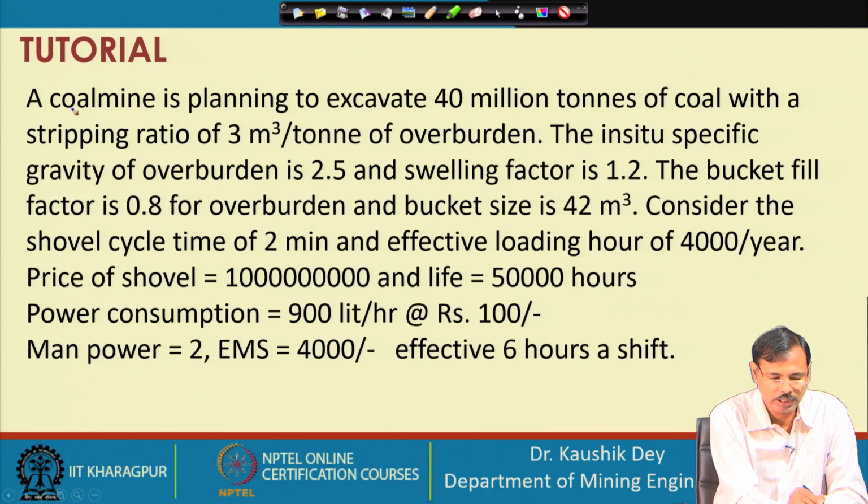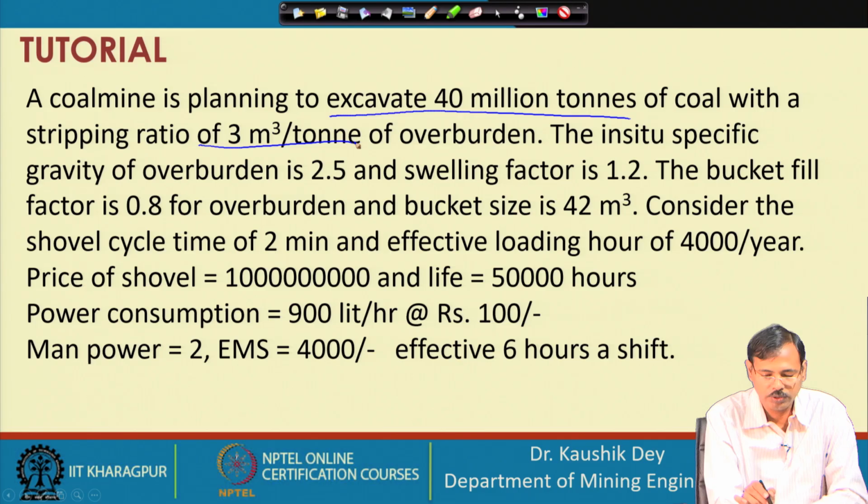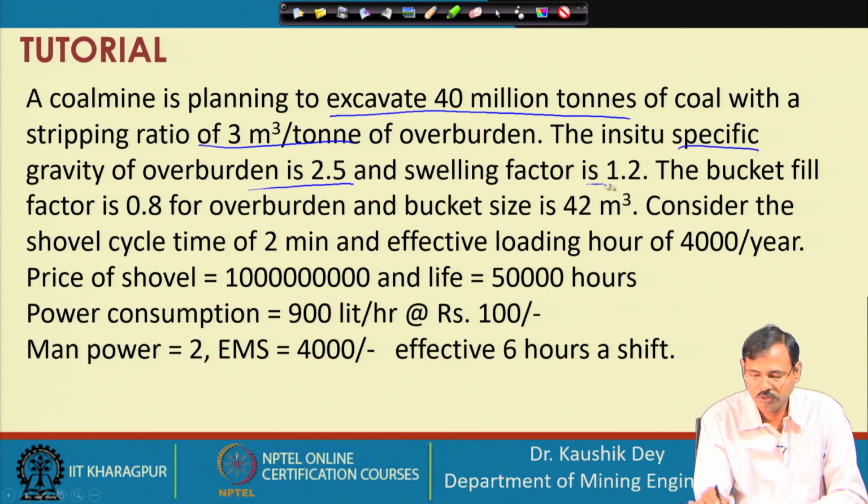Say this is the same problem for which we have carried out the performance analysis. A coal mine is planning to excavate 40 million tons of coal with a stripping ratio of 3 meter cube per ton. In situ specific gravity is 2.5, 1.2 swelling factor. For overburden, we are only considering overburden, we are not considering coal in this case. So, overburden specific gravity is given, swelling factor is given, bucket fill factor is given and overburden shovel bucket capacity